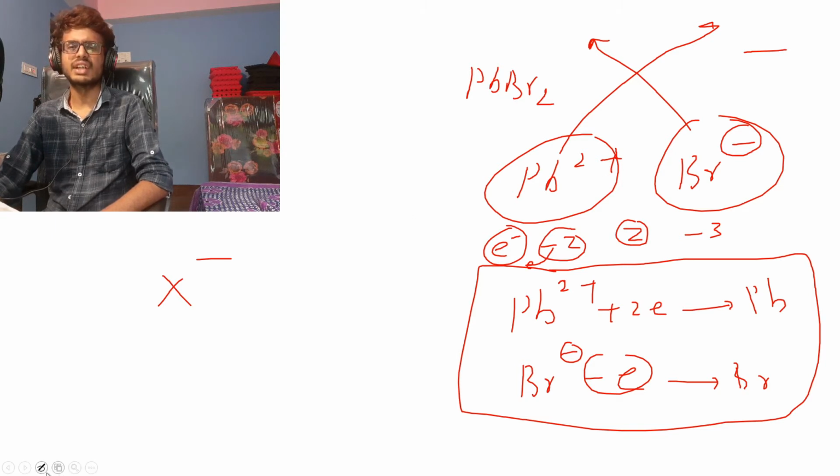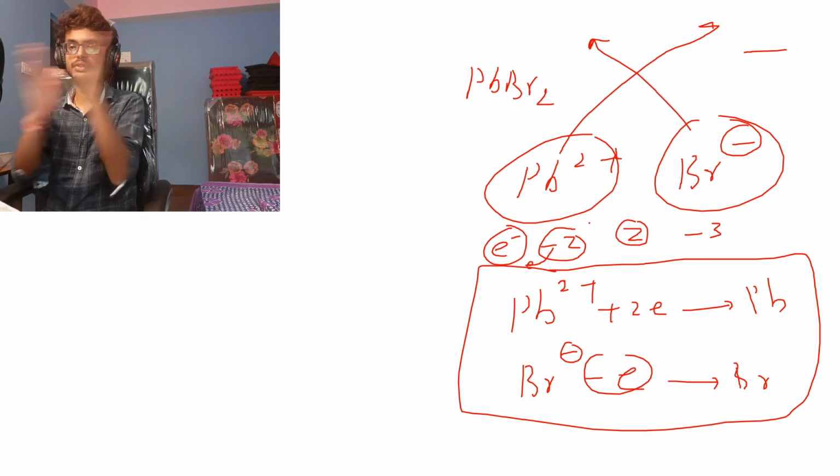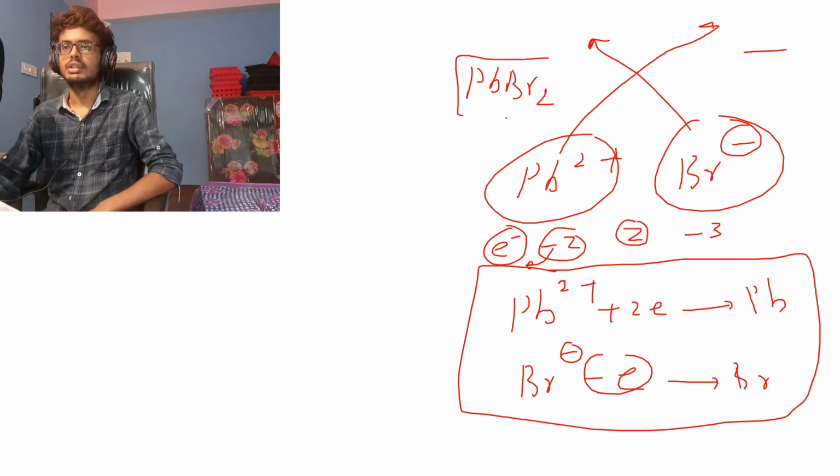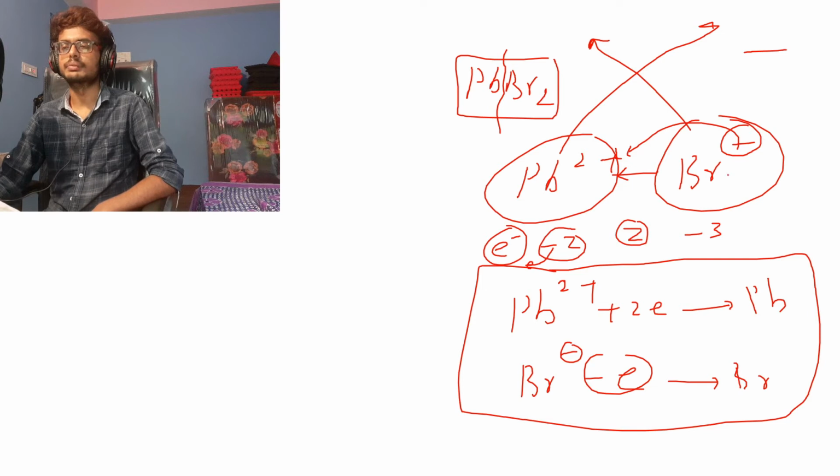That is different, that is about ionic bonding, when something is bonding together. I am not talking about bonding, I am rather talking about the opposite of bonding: this is dissociating. It is already in bond, this lead bromide, so I am breaking this. So I am talking about breaking this, not joining this. When we talk about joining, this donates and this receives. This is an ionic bond, so this will donate and this will receive. That is sharing, transferring, whatever you call it. But now I am not talking about that donating and all those things. I am just talking about breaking the bond. So what happens when the bond breaks? That is the thing I am talking about.